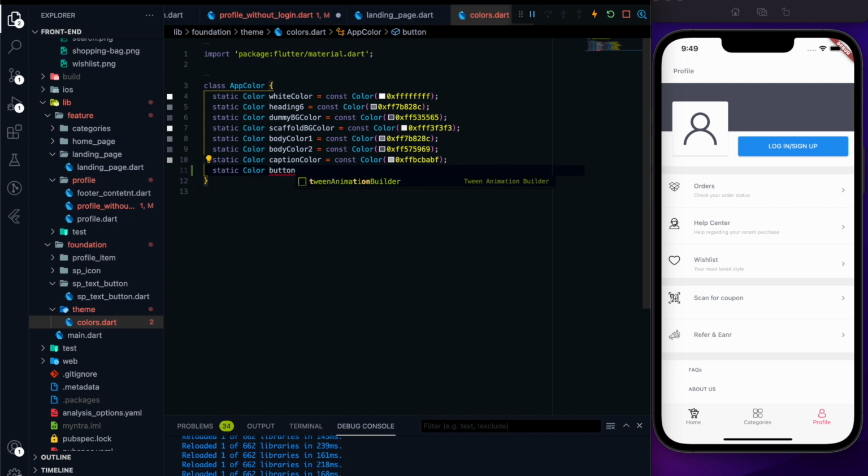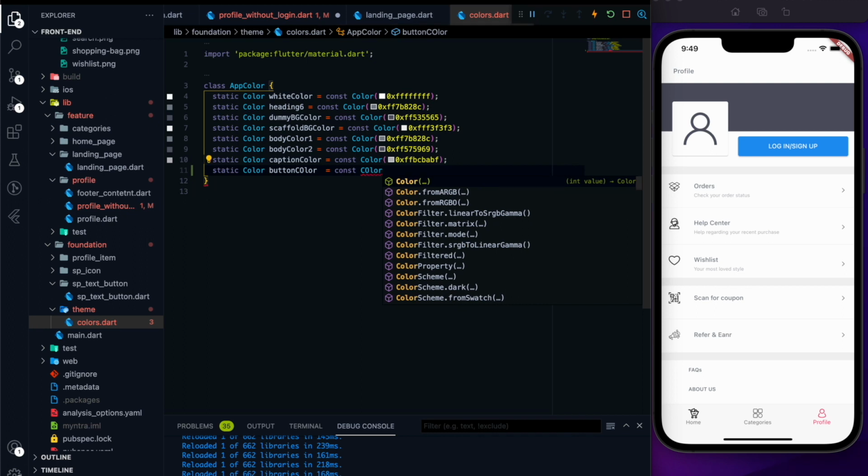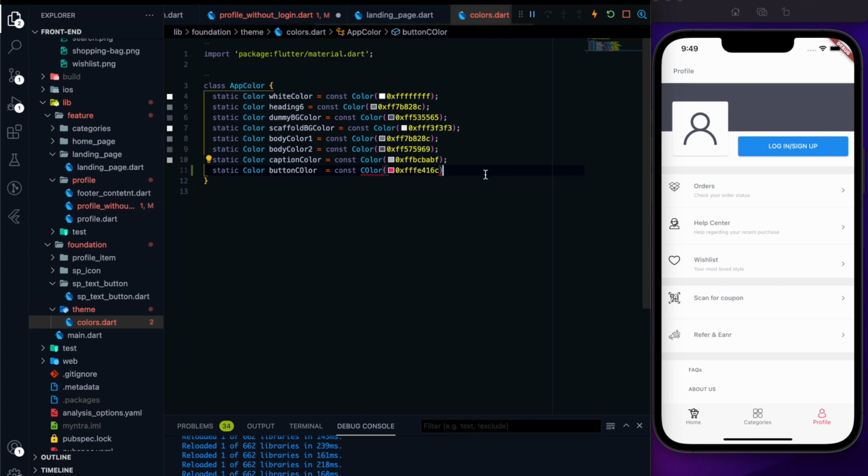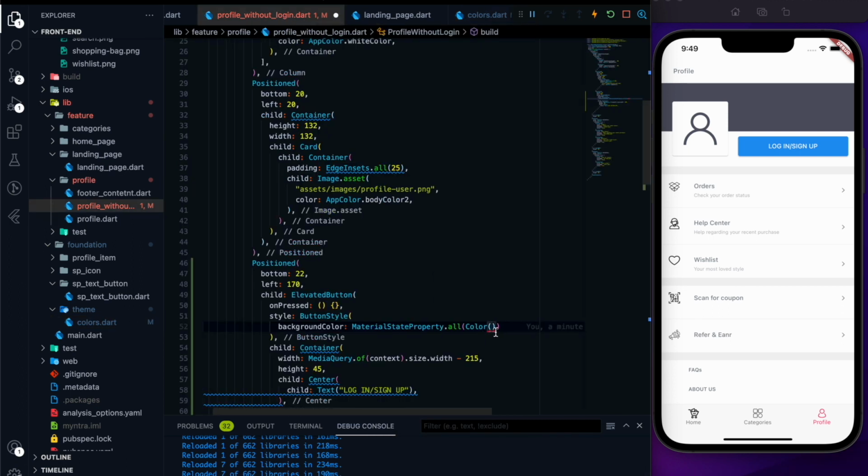I am very poor in the naming convention, so I am naming it as a button color, but we are using it everywhere, so you can name it according to yourself. Okay, so I just made a mistake. Also, I made a mistake over here, the naming. So here I have to use directly the app